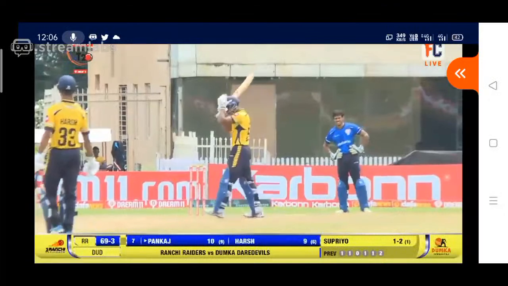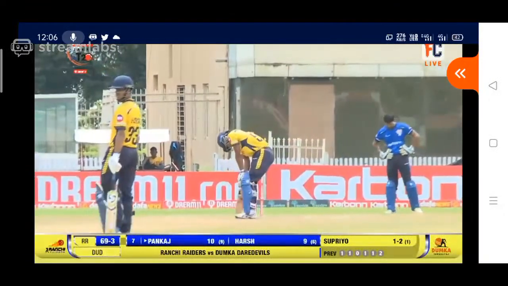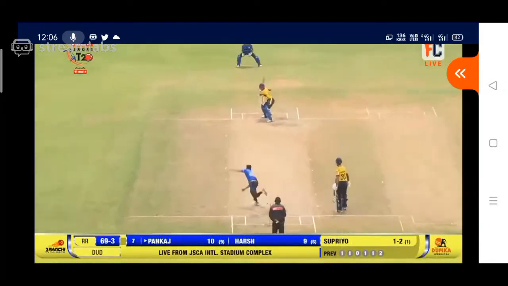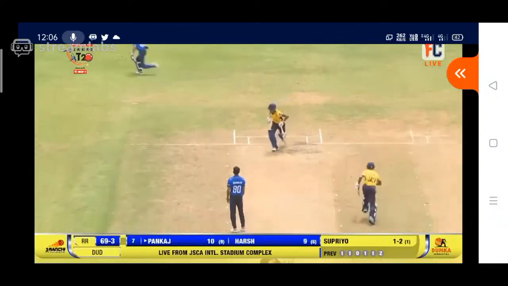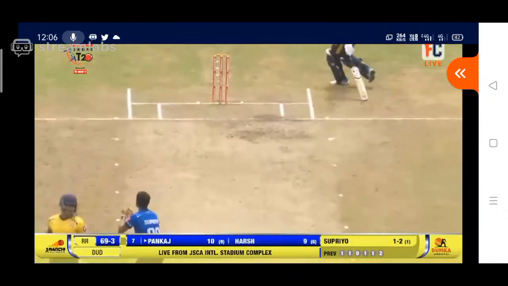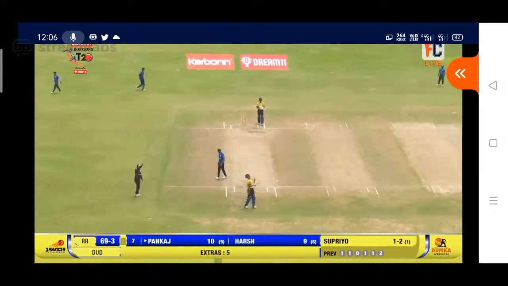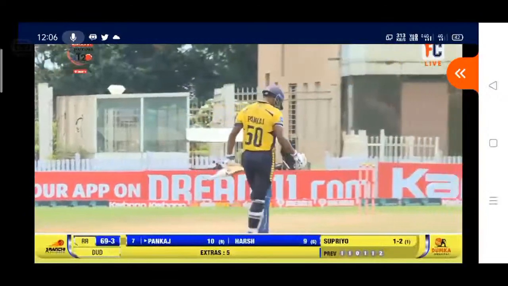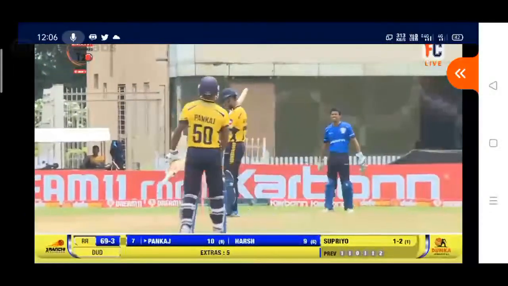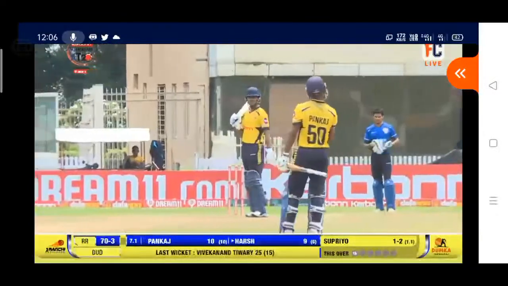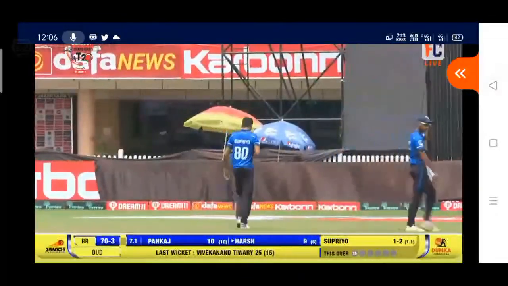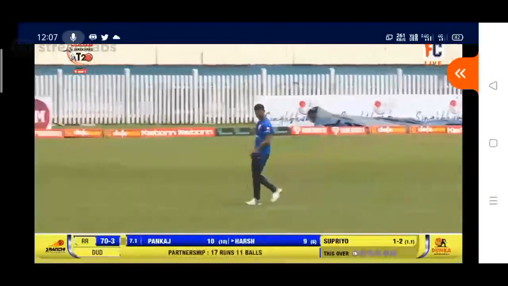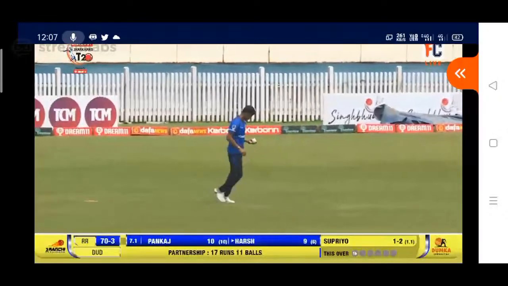Ranchi hasn't been on a winning streak. They have been losing matches, but you never know. Outside the off stump, slower ball, but the batsmen are able to go for a bye, I think. Yes, it's a bye. The ball rose, a slower ball bouncer, and the batsman had an almighty heave towards the offside, couldn't connect, but they were able to run a bye. And now Harsha on strike, batting on 9, the total on 70.